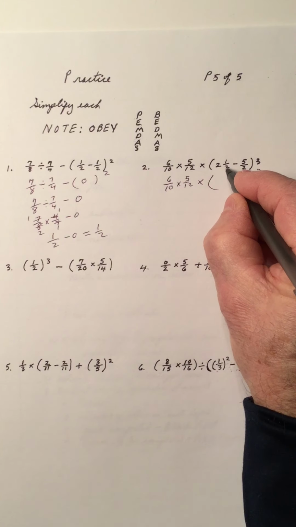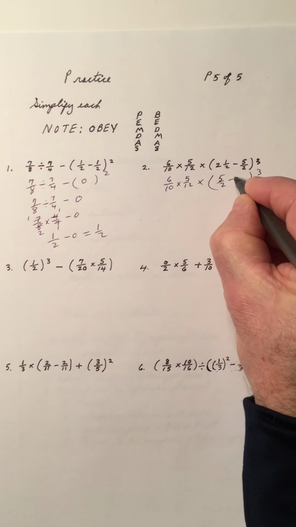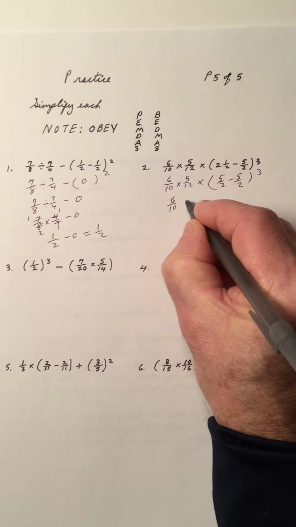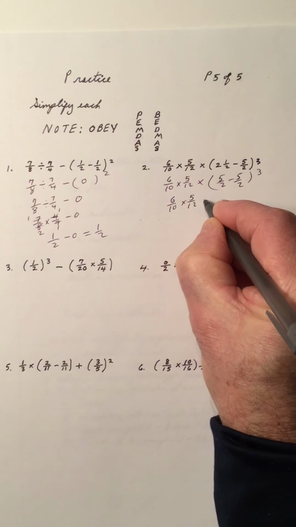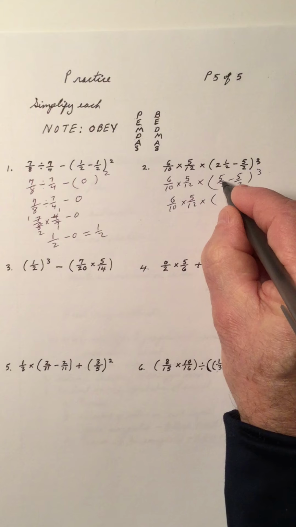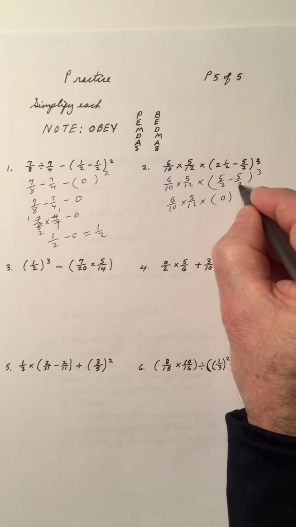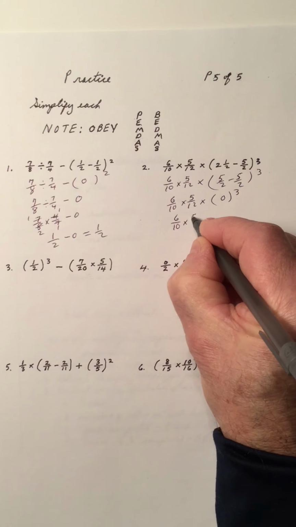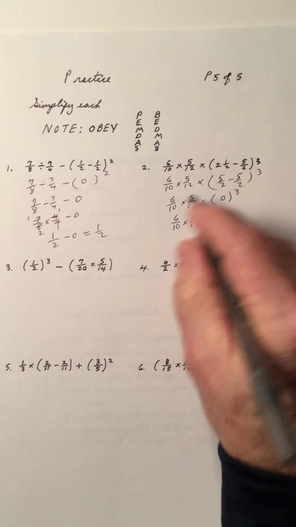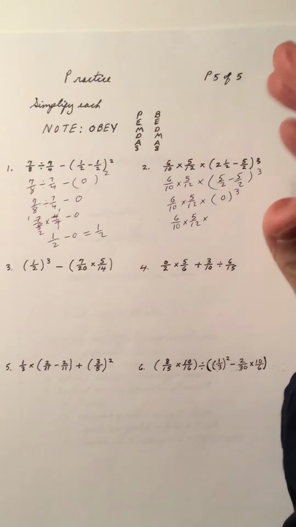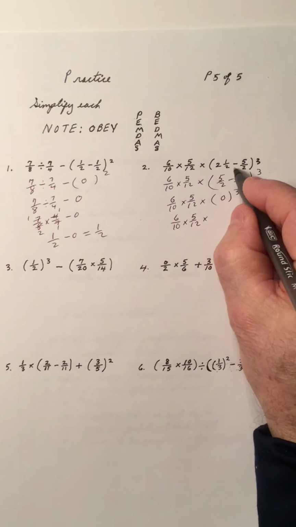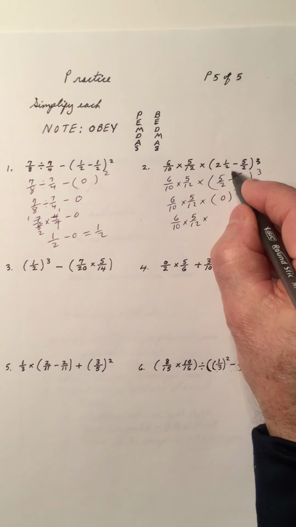2 and 1/2 is 2 times 2 is 4 plus 1 is 5. 5 over 2, subtract 5 over 2. And write this down. That's a 0. 5 over 2, subtract 5 over 2 is 0. And you might say, I keep writing this down, but I'm obeying the order of operations. Once you get used to what you're doing, then you can shorten it up. I mean, you could look at this and say, yeah, that's a 5 over 2, subtract and get a 0